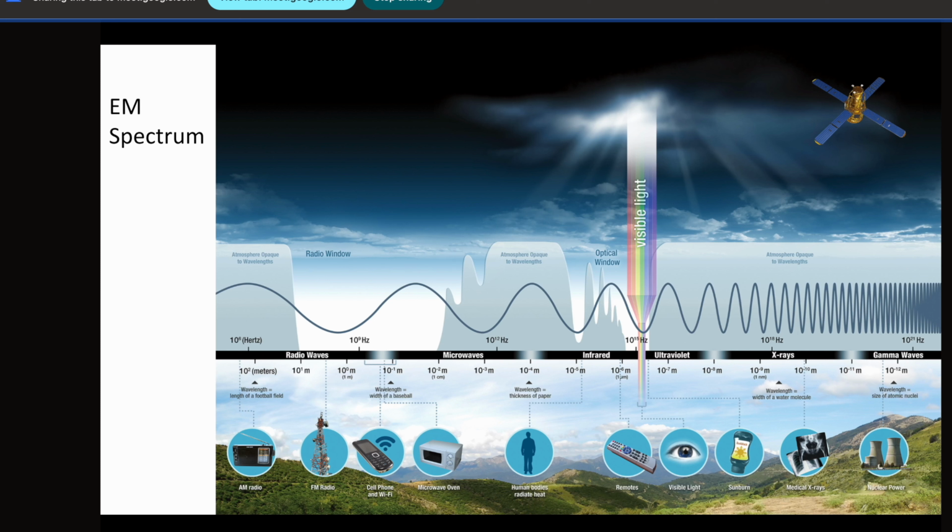Your eye sees like that only: the sun or some light source irradiates some surface, and the reflection from the surface comes to your eye and you see it. So this is called reflection, source based.